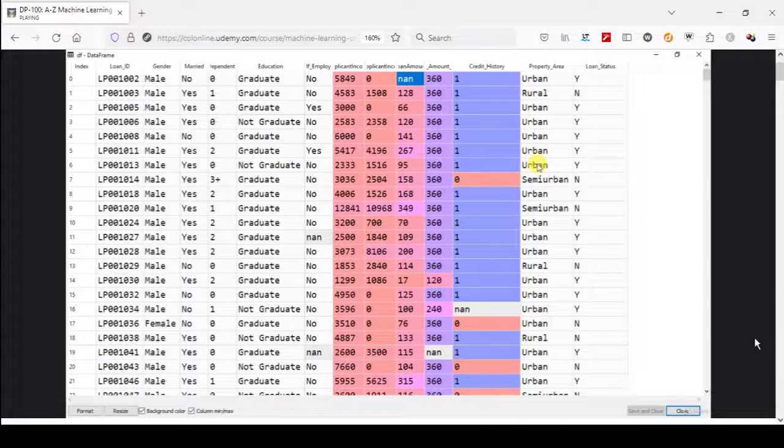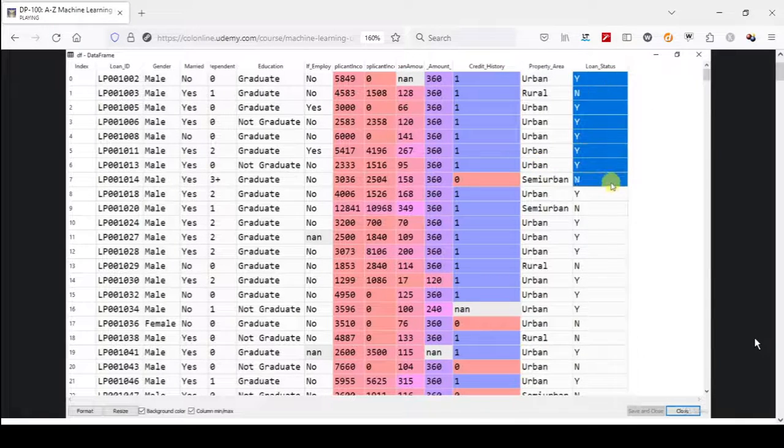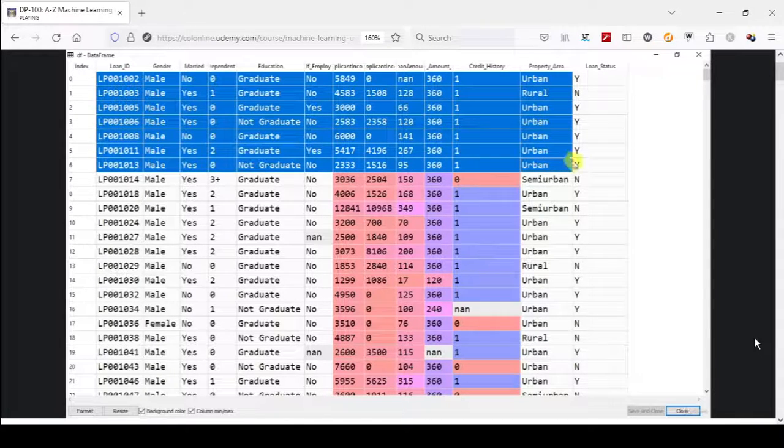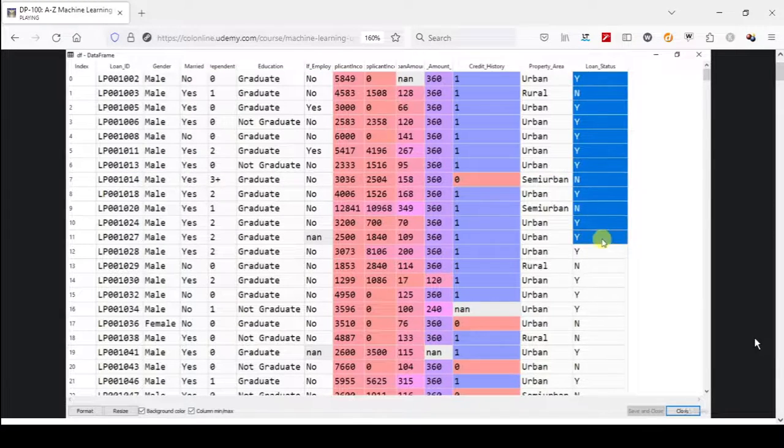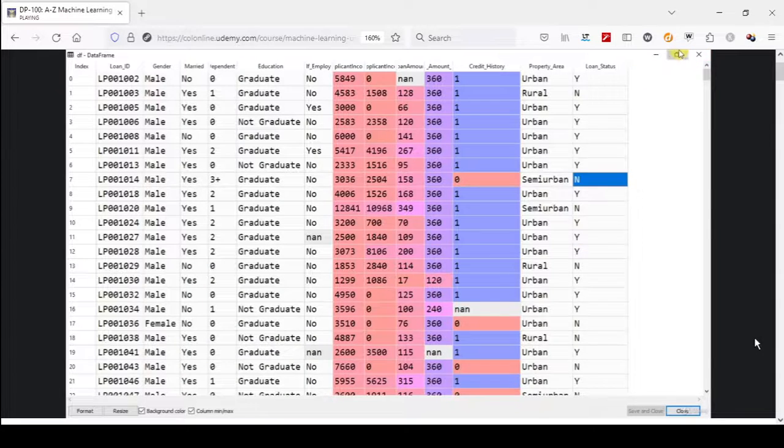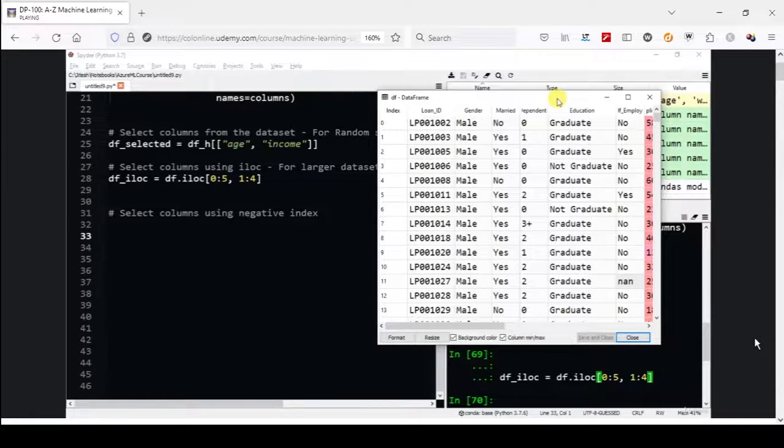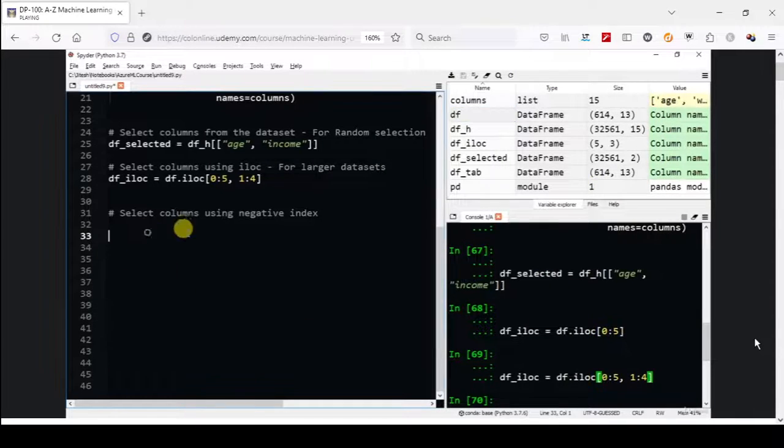Now, in almost all the cases, the last column is the predicted column, or what we call the dependent or Y column. And all the other columns are independent or X columns. So unless we do some other data processing of removing dummies that we will see later on, the Y column will remain as the last one. So let's see how we can create the X and Y data frames from this loan df using the negative index. So first, I'm going to create the X data frame as X equals to df dot iloc and in